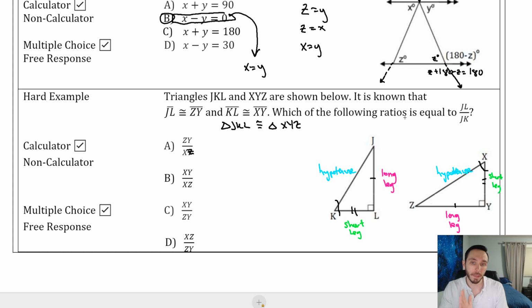So if I have this JL over JK, you can do it in reference to angle J or reference to angle K, but you can see I already kind of marked up K. So in reference to K, it's actually the opposite over the hypotenuse. SOHCAHTOA stuff maybe, right? So JL here, so I'm going to go back to pink, is long leg over hypotenuse